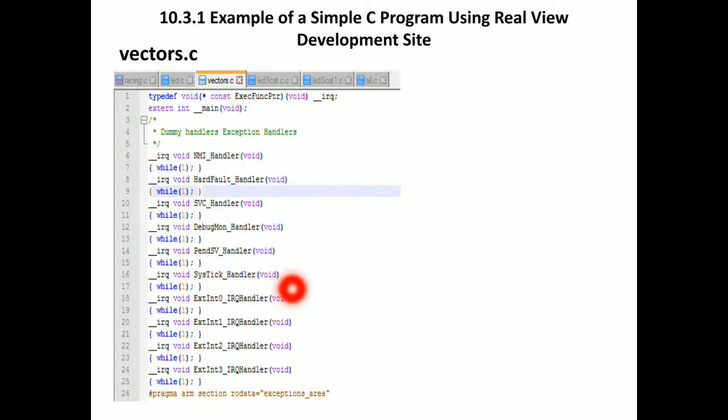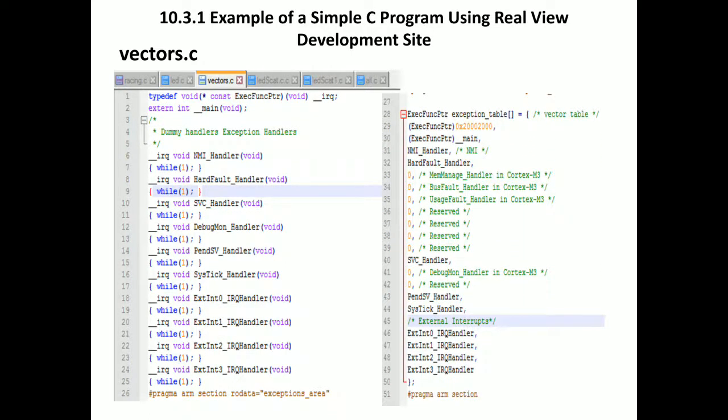Okay, and some external interrupt request handlers are also there, you can see. This will map to the memory. And this is the continuation of the program. You can see the program is not a single one, there's a continuation of the program. This program will be helping in the mapping to the memory.